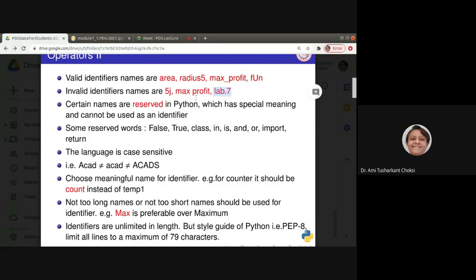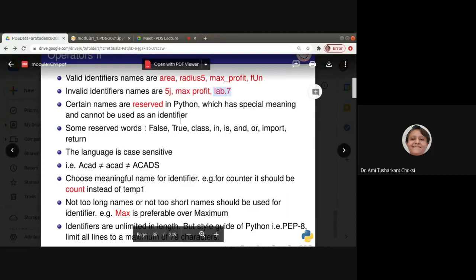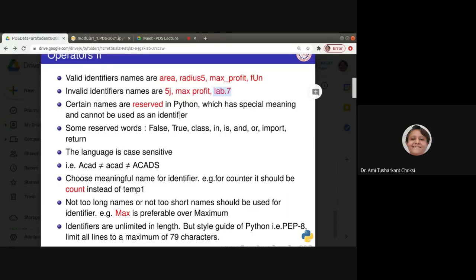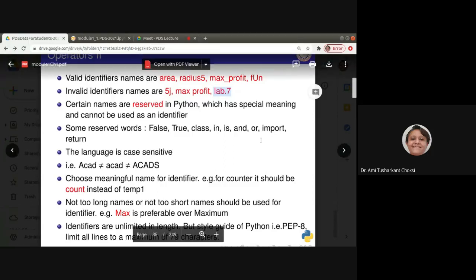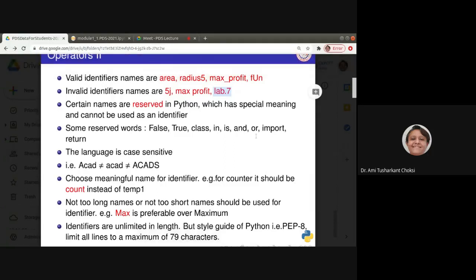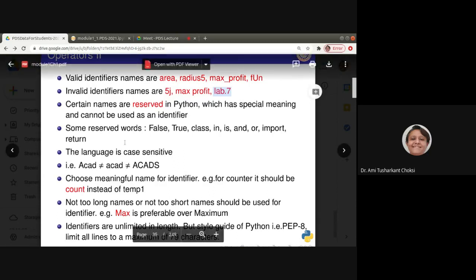Fine. Then certain names are reserved in Python which have special meaning and cannot be used as an identifier. Suppose class. Class is a keyword in Python, so you cannot use it as the variable name. Okay. Some reserved words are there like True, False, class, in, is, and, or, import, return.